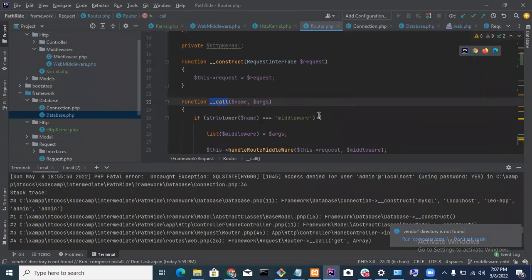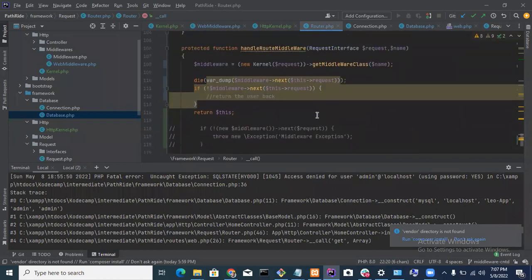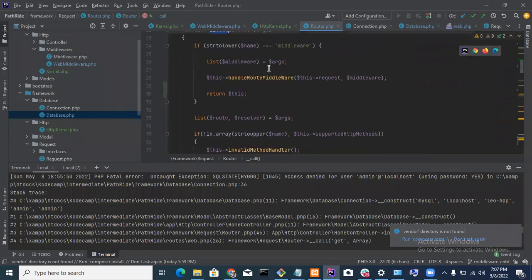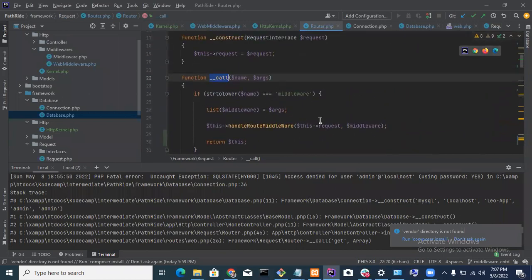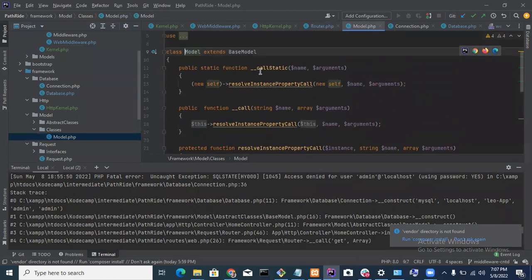Are you there? Yeah, I remember. We did talk about that and how it works. So I can change this and make this a call static function where it handles just the same thing that this does. Okay, and it should still work fine. I think we did use it in our model or something. Yep. Somewhere. Maybe we did. Yeah, call static resolve property.